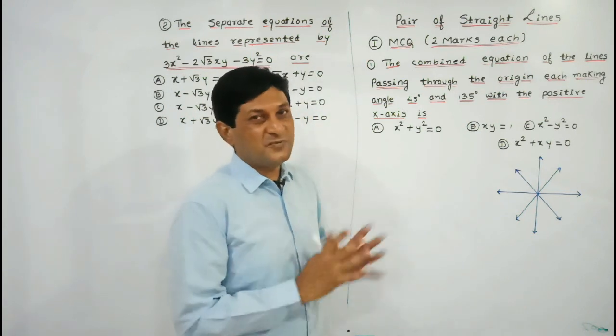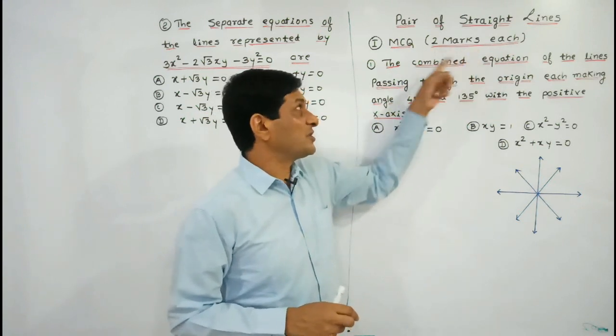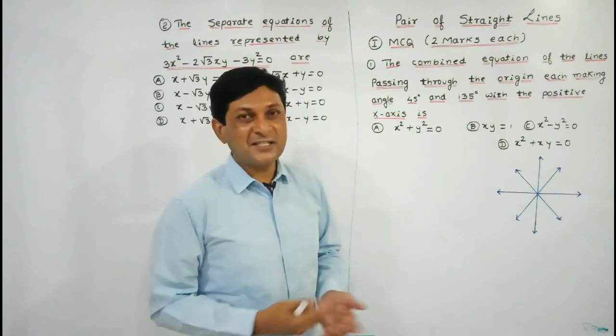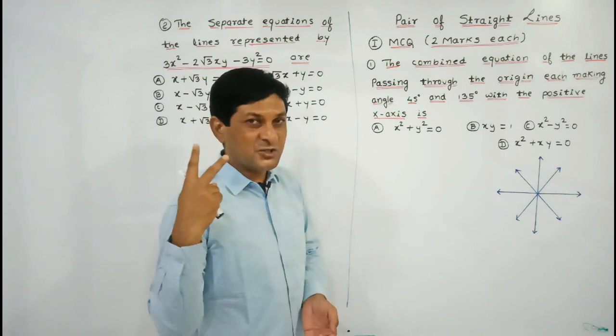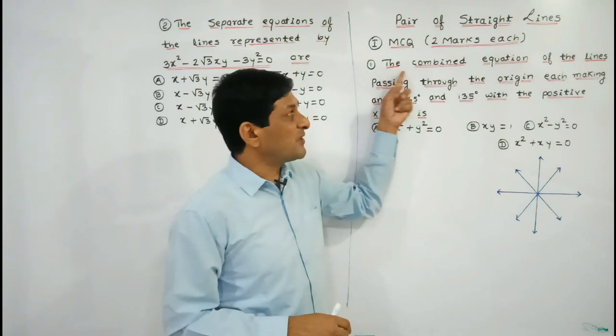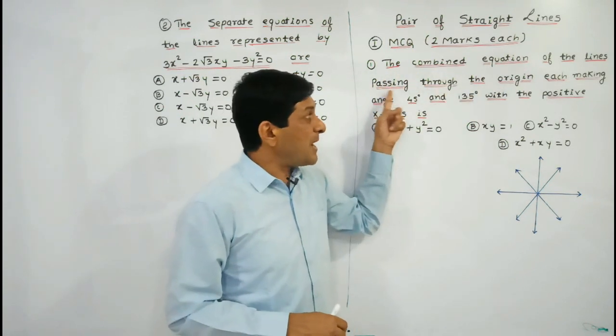In question number one, we are discussing 2 marks questions, which are nothing but MCQs. Means this question can be asked as a multiple choice question and each question is asked for 2 marks. So see, in the first example we have to find out the combined equation of line passing through the